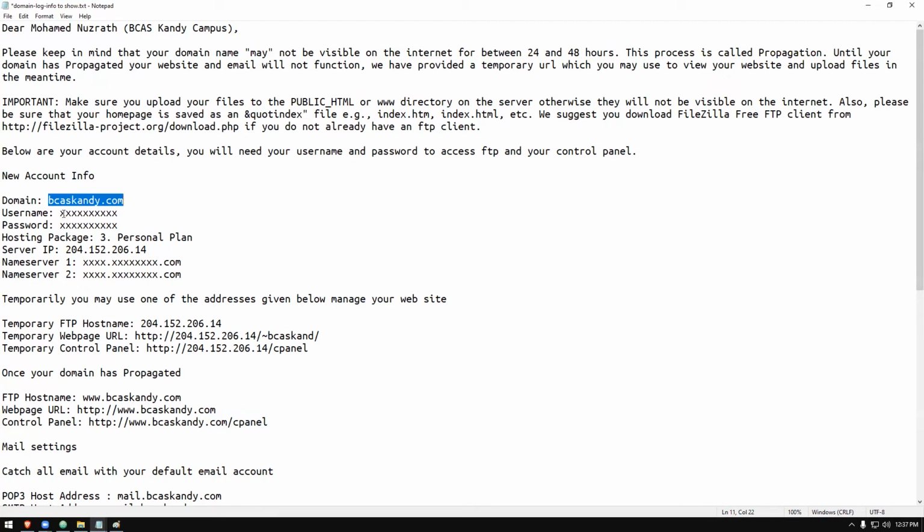And I have a username given for the cPanel, which is the control panel, and a password also given for that cPanel. I have the other file. I will copy and paste by the time I'm logging in. So by using this username and password, I have to log in there, and I can do the configuration. That is what we're going to do now.